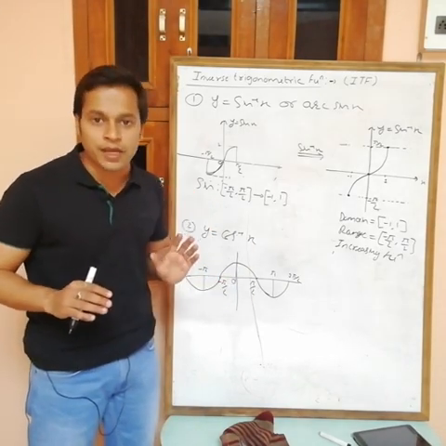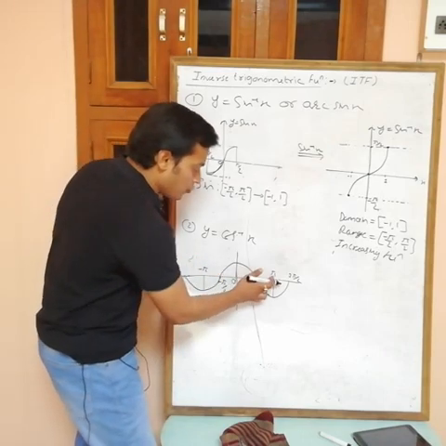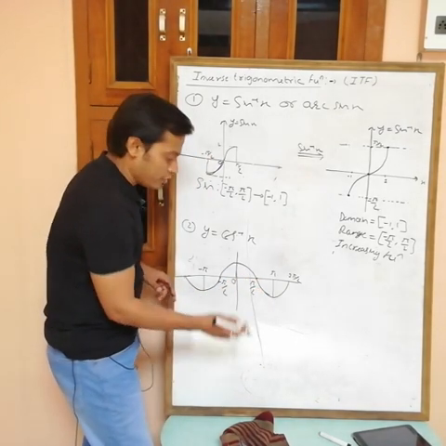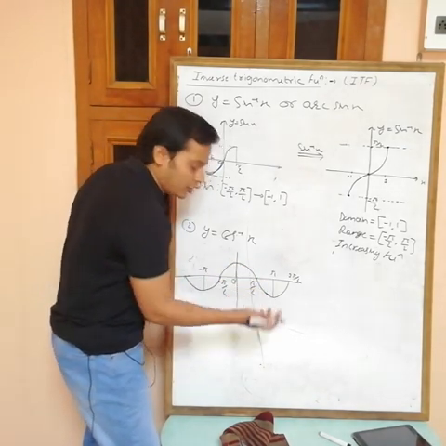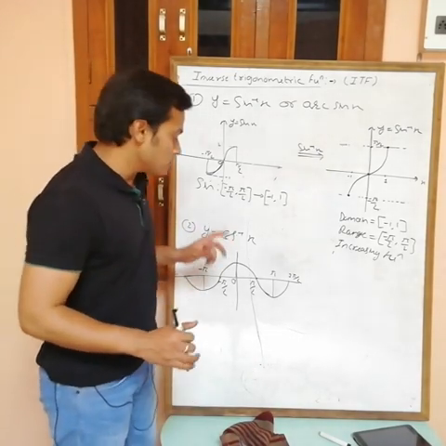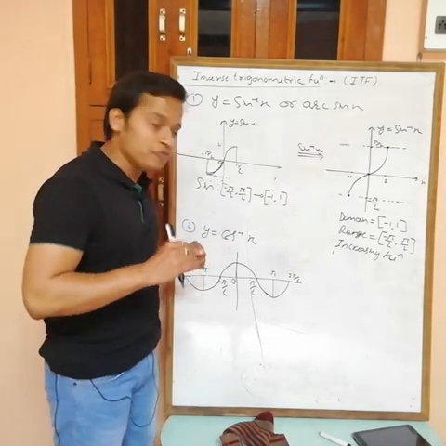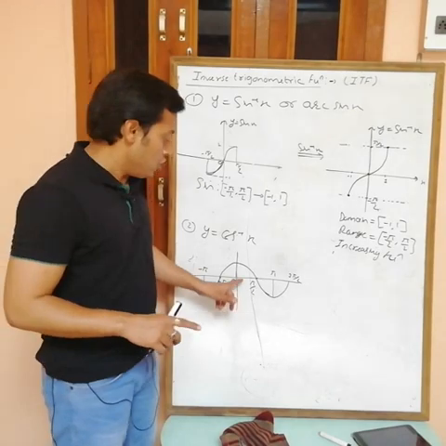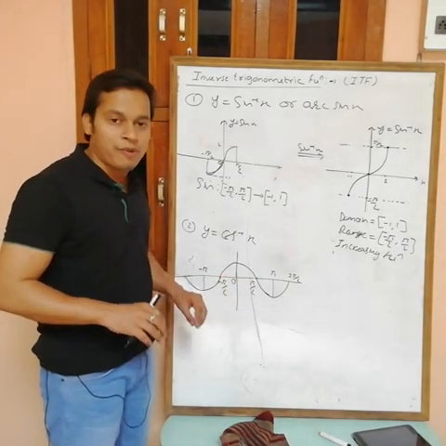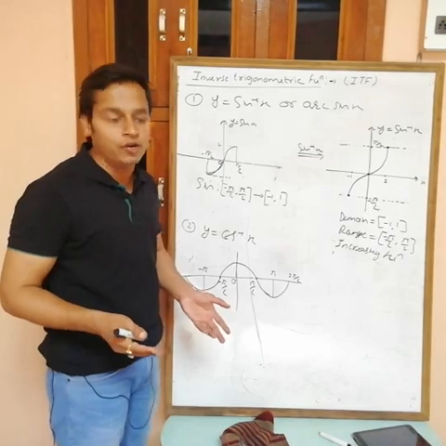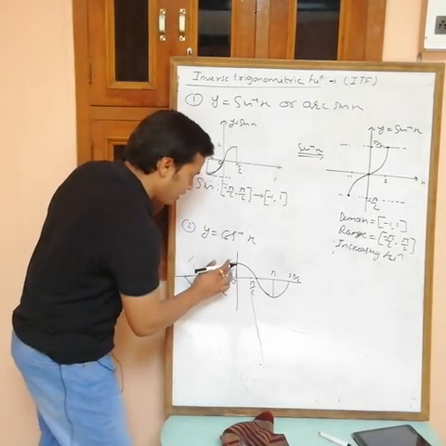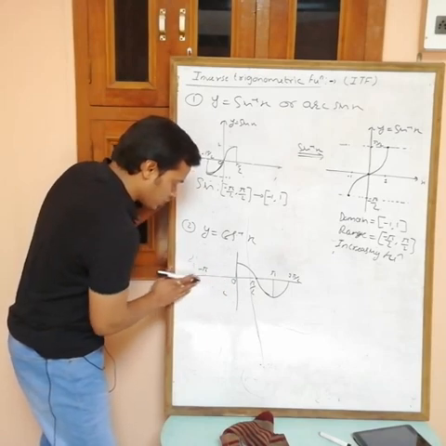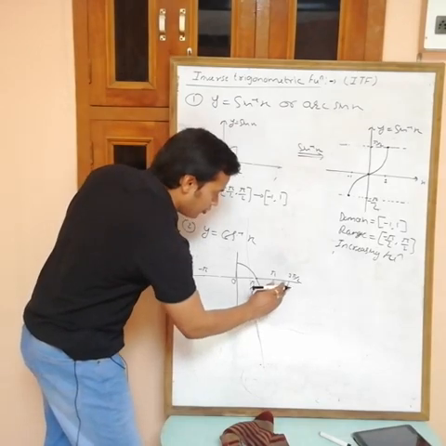Now see, for x from 0 to pi, this is the graph. And obviously there is no turn, it means one-one. Also this takes positive and negative both values, -1 to +1. So in case of cos x, I have to take the graph from 0 to pi, not minus pi by 2 to plus pi by 2. In sine, we take minus pi by 2 to plus pi by 2, but in cos, if you take that, it becomes many one, but you want one-one and onto. So I am redefining this only from 0 to pi. So erase the remaining graph, this one is not useful, only 0 to pi.